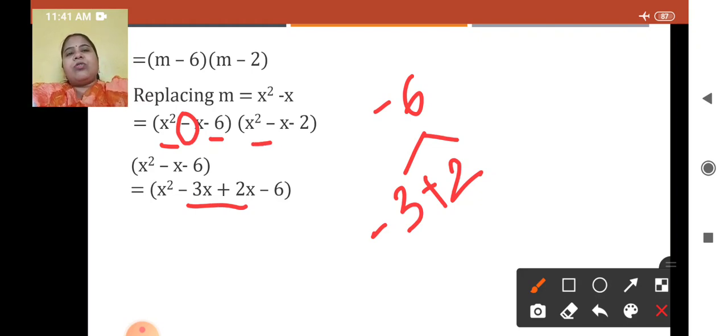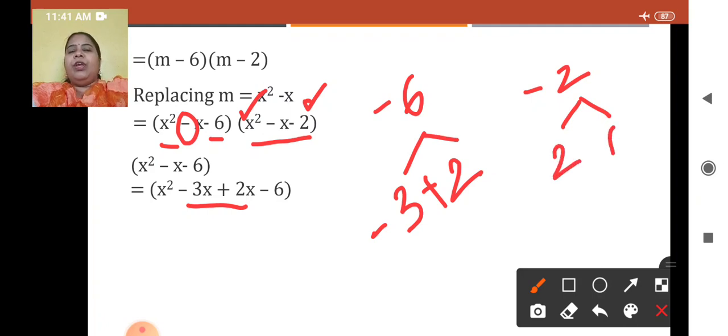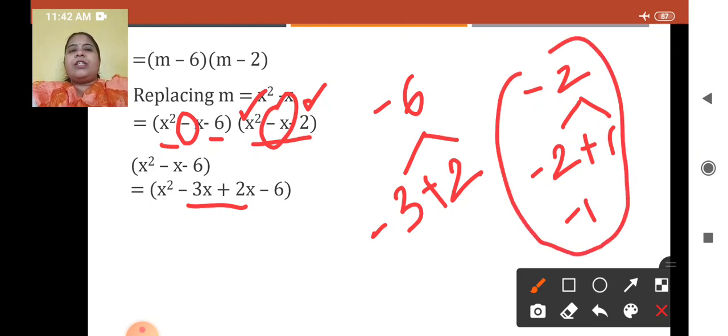Let us quickly see this also. Product of the first term, that is 1. Product of the last term, that is minus 2. So minus 2 is to be factorized so that you get the sum as minus 1. 2 is a prime number, factors are 2 and 1. Okay. Middle term is negative, so the greater number will be negative, smaller number will be positive. So minus 2 plus 1, how much you get? Minus 1. So we are getting the product as well as the sum. So these are the factors for the next term also. I hope it is clear.